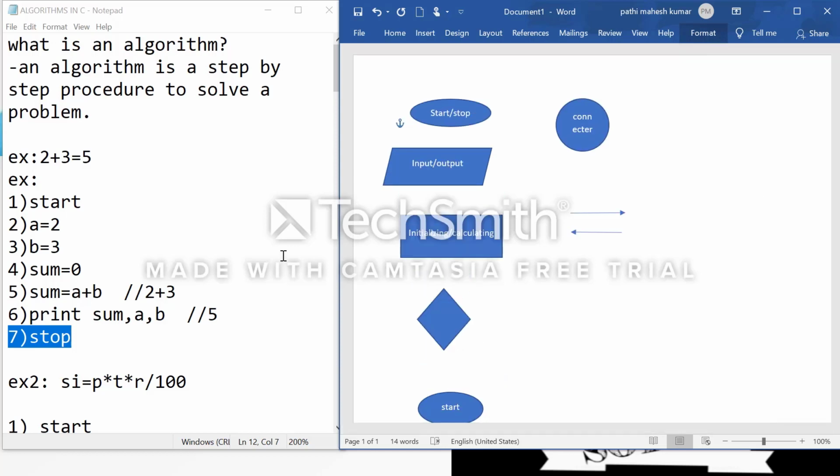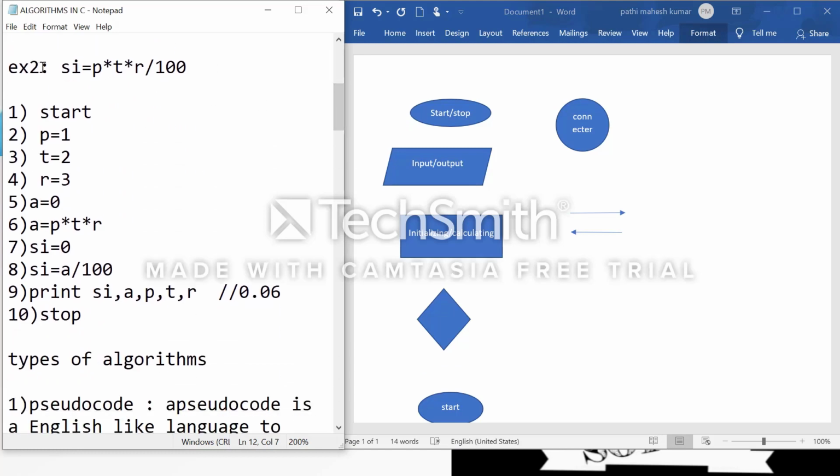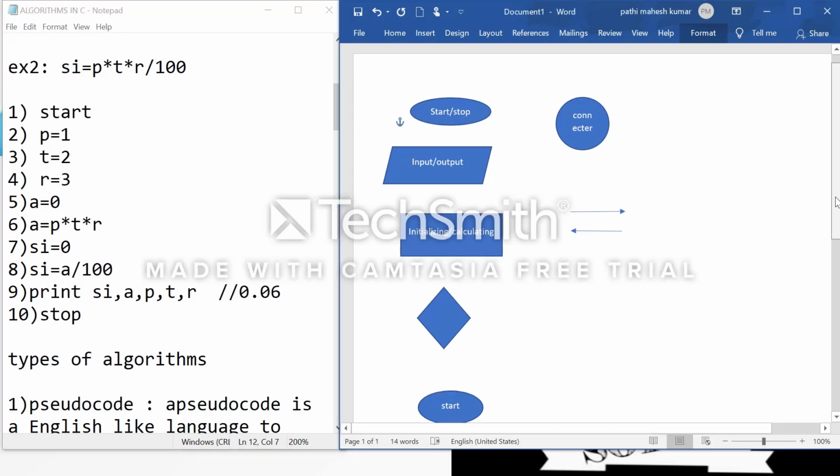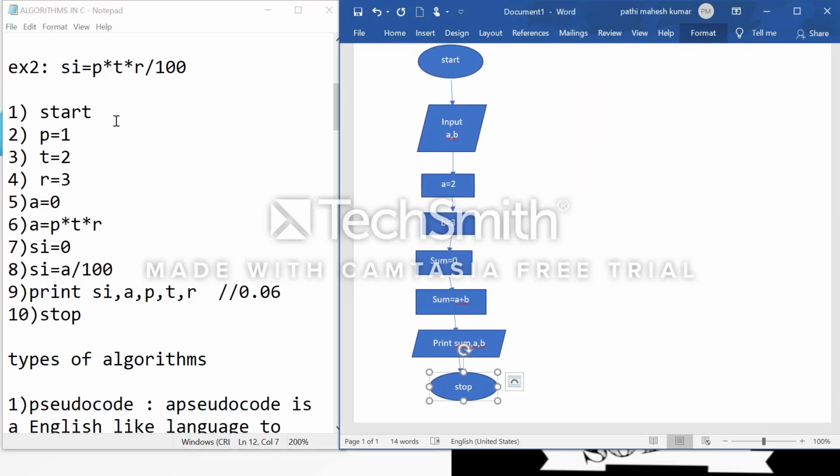Another example I want to say is drawing a flowchart. The second example is simple interest. Same as before, it starts with the start option, and we input p, t, r in the place of a, b. I am initializing p equal to 1, t equal to 2, r equal to 3 and a equal to 0.